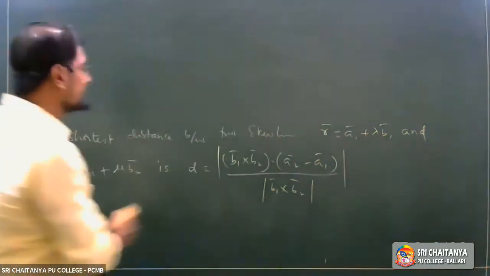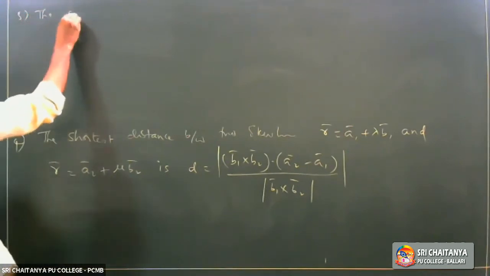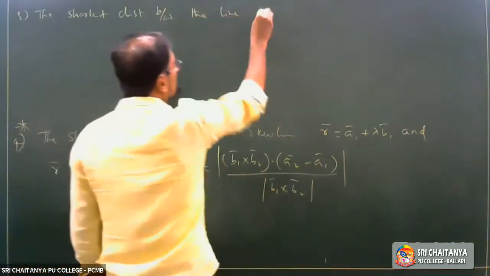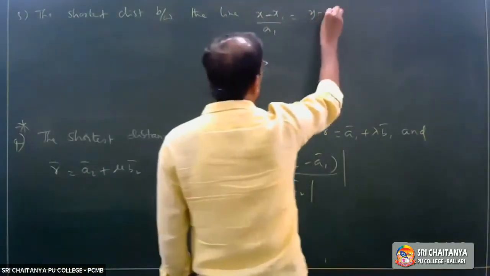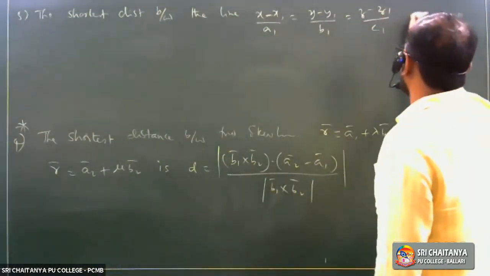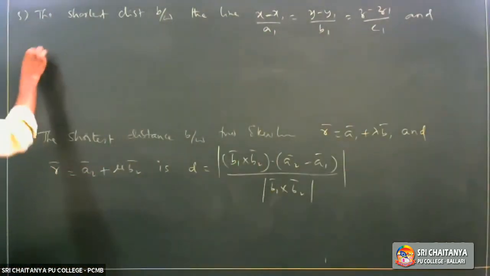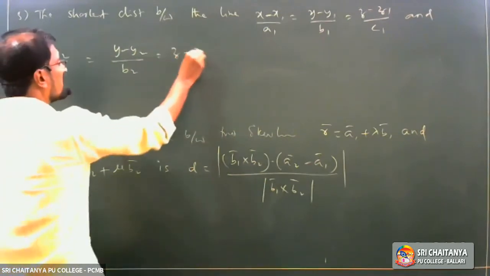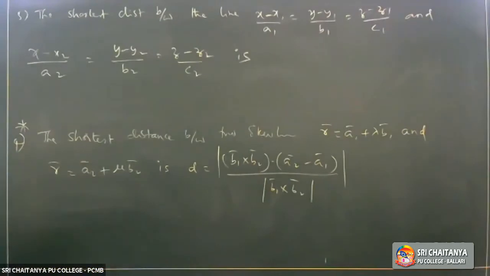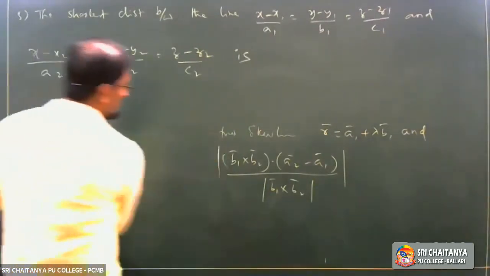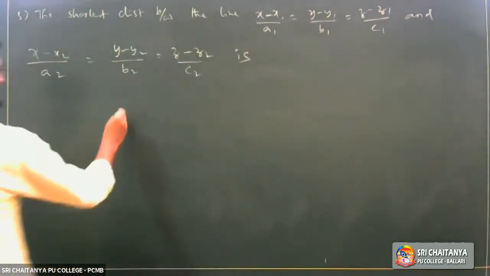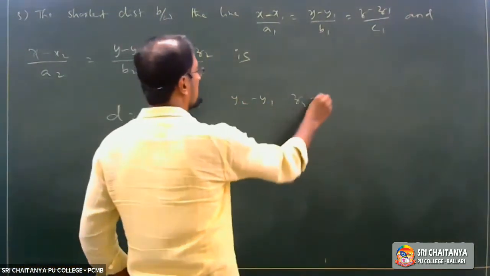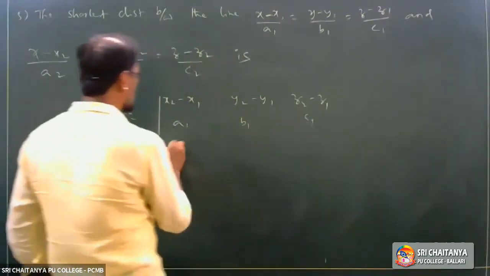Now, the fifth point: the shortest distance between the lines (x minus x1)/a1 = (y minus y1)/b1 = (z minus z1)/c1 and (x minus x2)/a2 = (y minus y2)/b2 = (z minus z2)/c2 is, write down, d = determinant of rows (x2 minus x1, y2 minus y1, z2 minus z1), (a1, b1, c1), (a2, b2, c2)